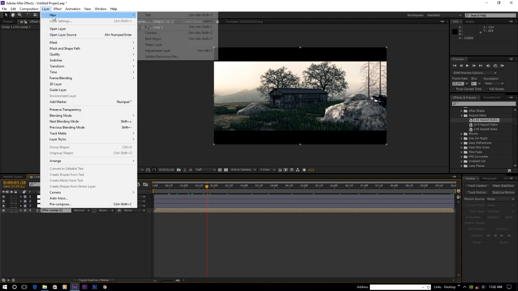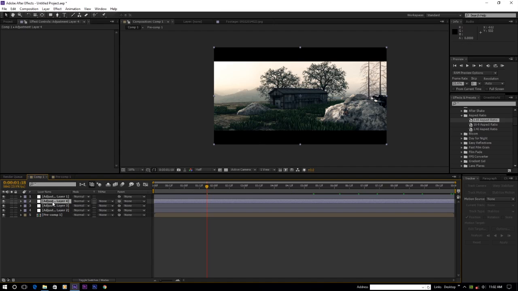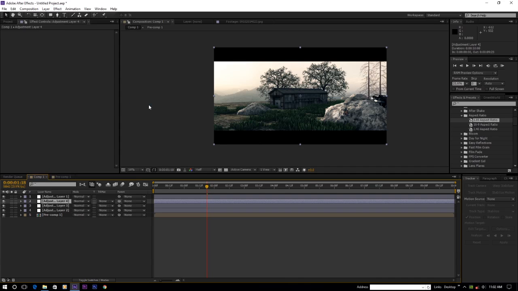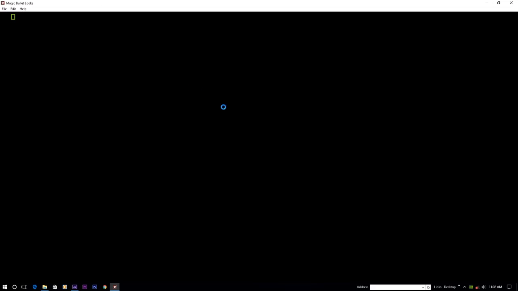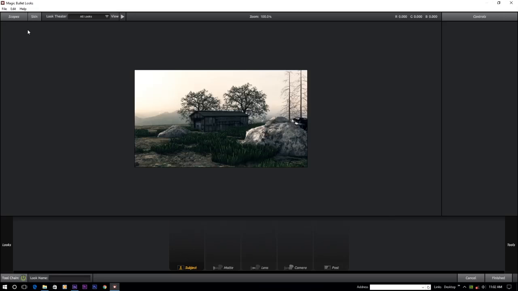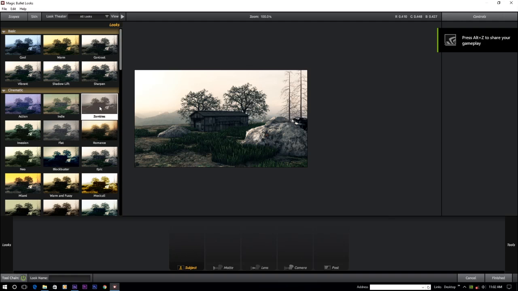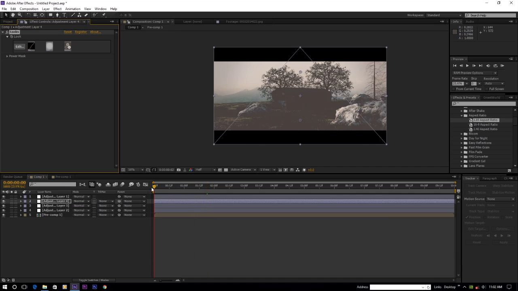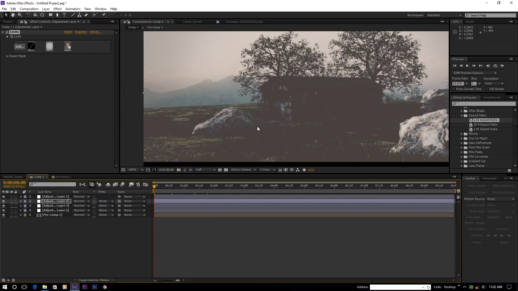Now we need another adjustment layer, bring it beneath the first adjustment layer, that is the aspect ratio, and go to another third-party plugin for color correction, that is Magic Bullet Looks. So here is Magic Bullet Looks. I use the preset called Zombie. So at the very beginning we don't need that color correction